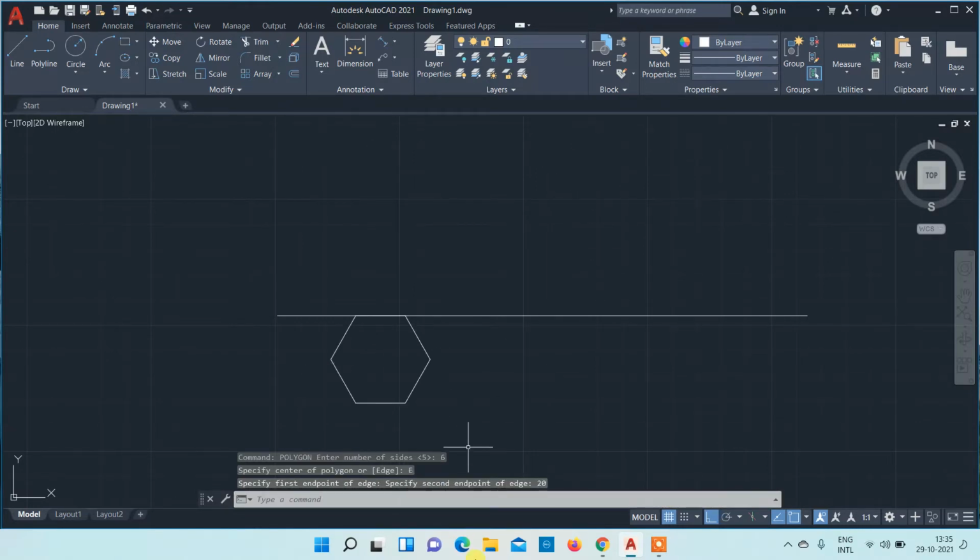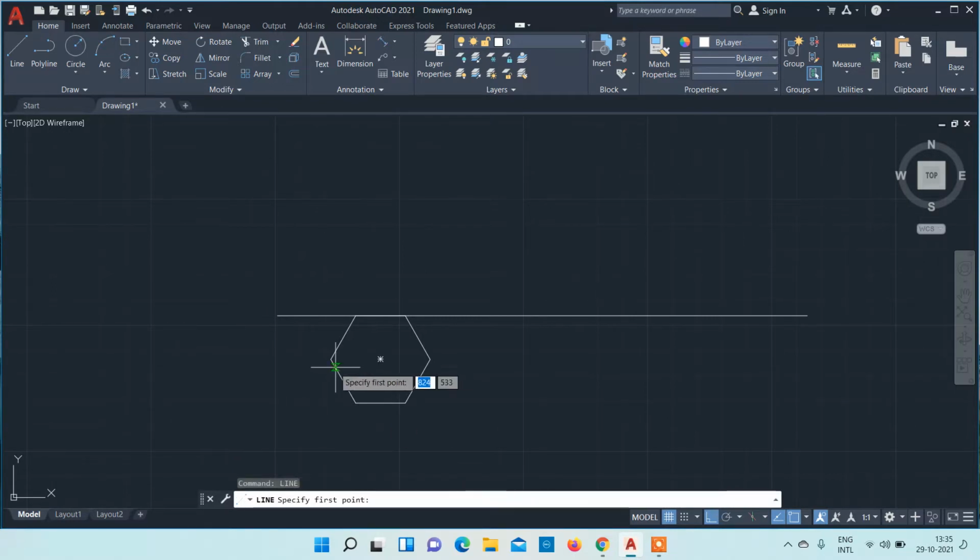Okay. Next thing is that we have to draw projection line from all the corner points. Just select all the corner points, draw a projection line.